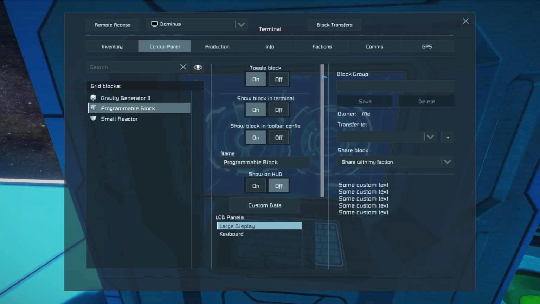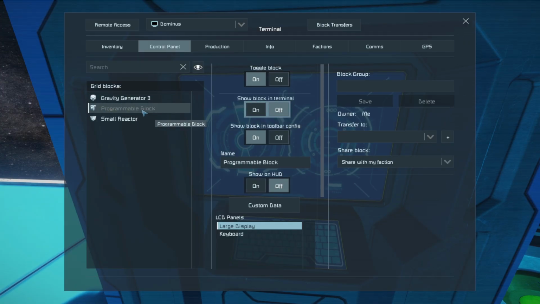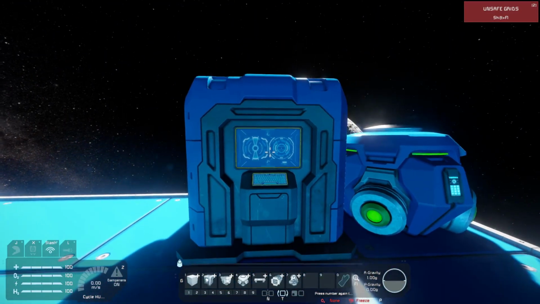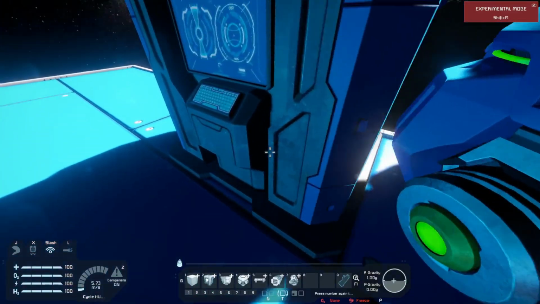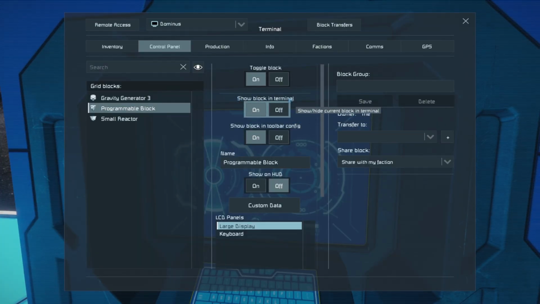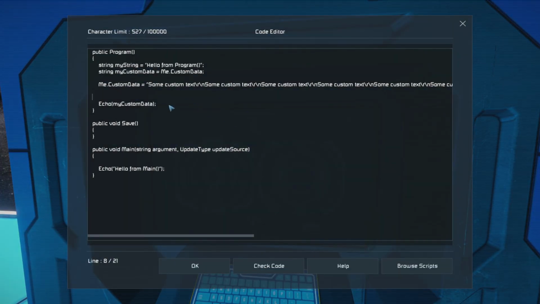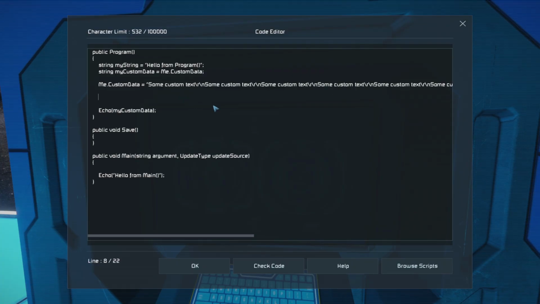Some other things you can change inside the programmable block are these toggles here. Turn the power on and off. This shows the block in the terminal here. It still shows it because you're actually looking at the programmable block, and if that actually vanished, you'd create a paradox where you could only ever turn this off once and then you'd never be able to see the programmable block in the terminal ever again. If you go to something else, you'll see that it has actually vanished. Show block in terminal, I believe that is me.ShowInTerminal